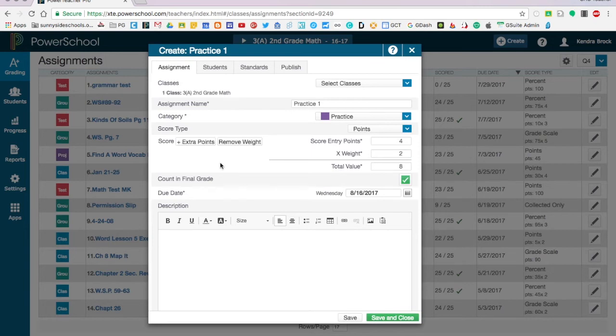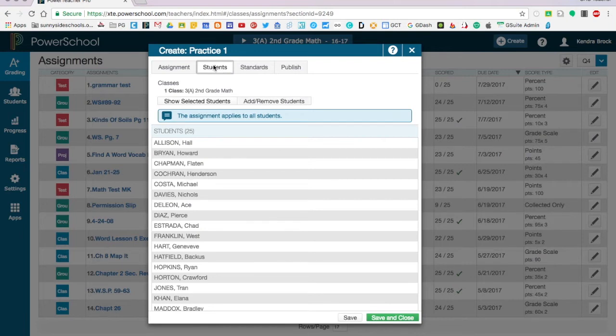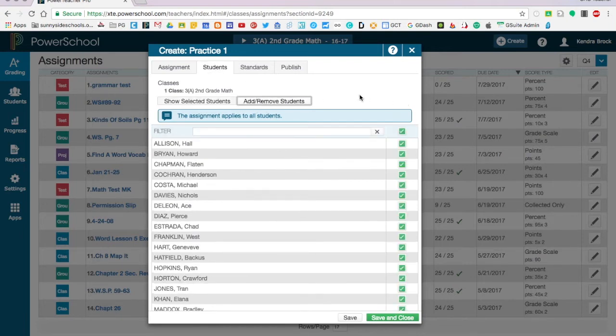You can also add extra points. Adjust the due date here, add a description. Over here, you'll notice you can put images or links. This can be helpful if you have say an essay prompt linked on a document. You can add that link here so that students can click on that so that they know what the actual assignment is. One of the cool features, if you have an assignment that's not for everyone, say it's additional practice or an extension activity, you can add or remove students. So say I want to leave a few students out of this assignment because they have other things to be working on. I can click on them, and anyone who doesn't have the check mark,